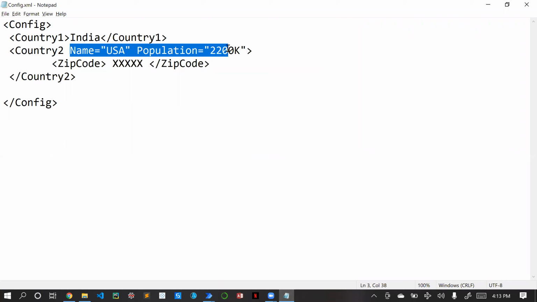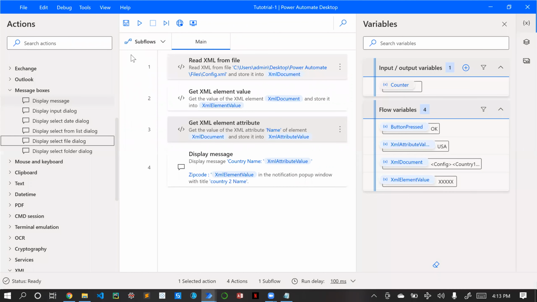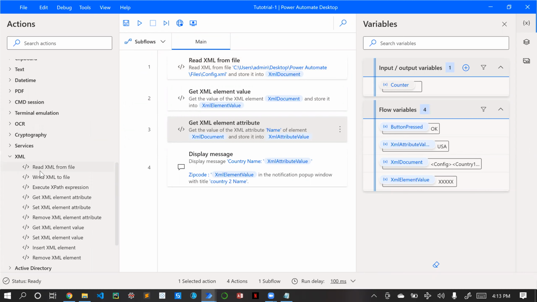The element is the data which is between the starting and ending tags. I hope you understand how to retrieve the data and the difference between element and attribute. In our next session we will see how to set the XML attribute value, and how to set the XML element value. And then we will see about removing, deleting, and inserting things.